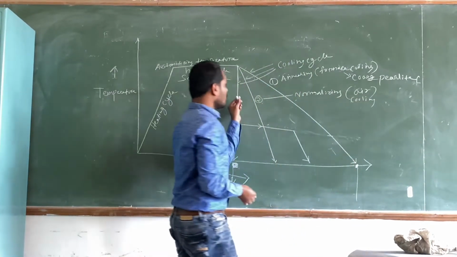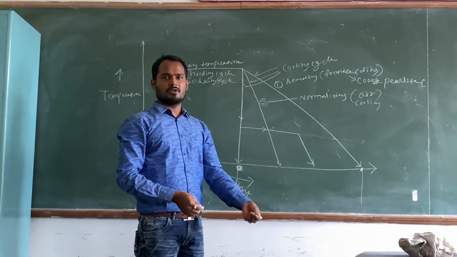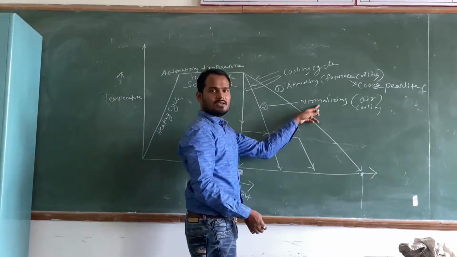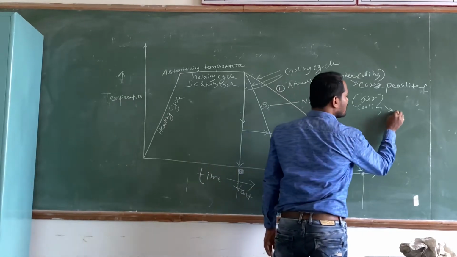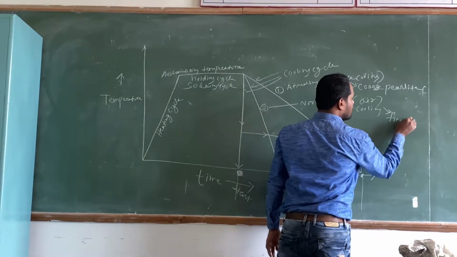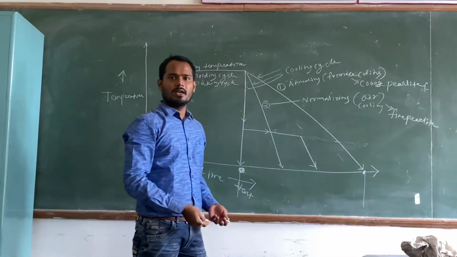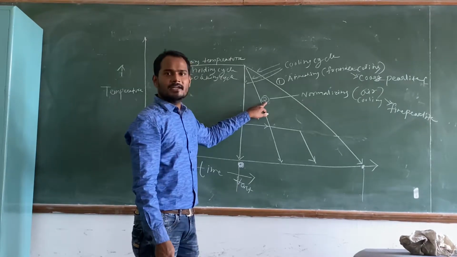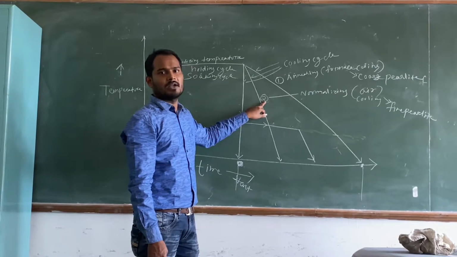That means we'll take out the sample from the furnace and we'll put it into the normal atmosphere. It will cool. So it will be a faster rate of cooling basically. So this is called normalizing, air cooling, and the product. What is the microstructure you get? You will get fine pearlite. If it is a eutectoid steel again, you will get fine pearlite. Interlamellar spacing will be less, right? Because why? Cooling rate is fast. Sufficient time is not there for cooling, so fine pearlite will form.